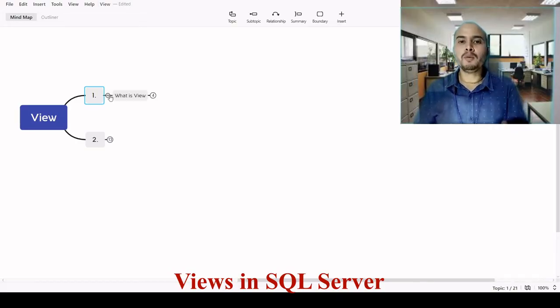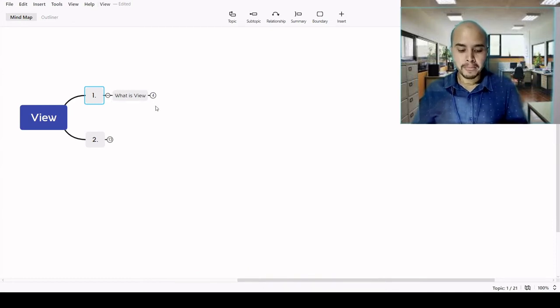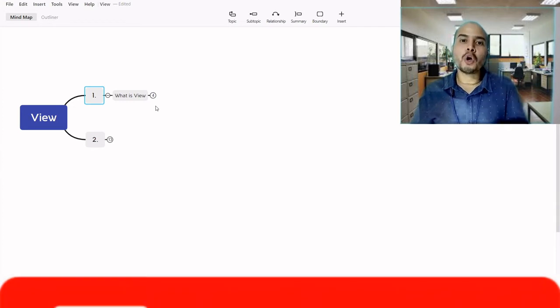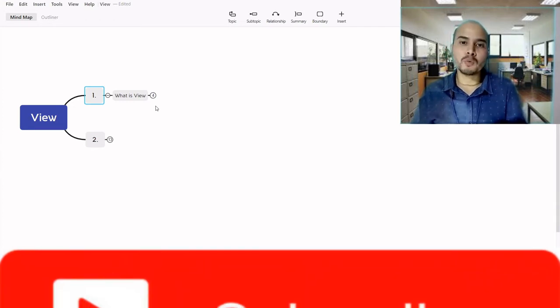Number one, we'll talk about what a view is. A view in SQL Server is like a virtual table that contains data from one or many tables. It does not hold any data and does not exist physically in SQL Server.